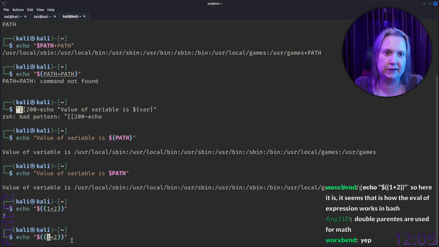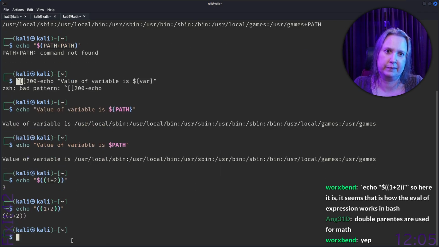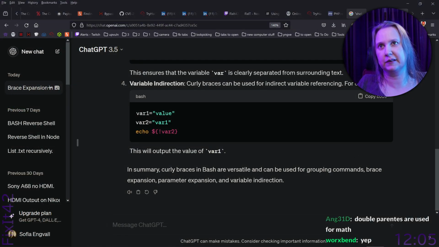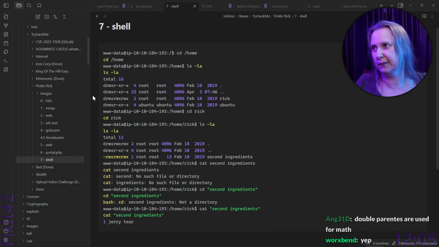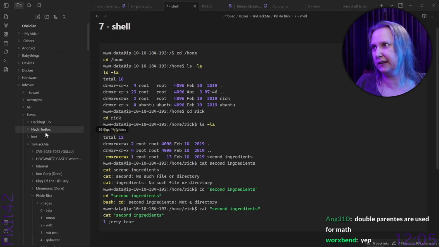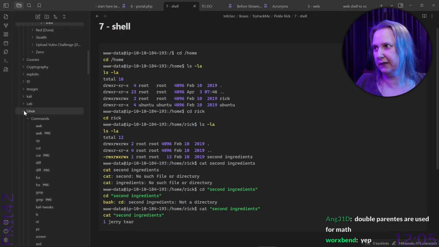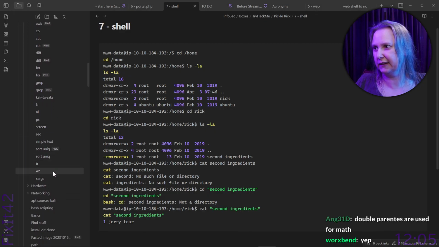Okay, so what if we just do this? We get the text. Okay, great. So let's add this too. And we need this to be, realizing it needs the dollar here. Just a thing to learn. There's no real logic except that this is how it's done. So let's add this also to the Linux notes that are in between here. Linux, and then we had